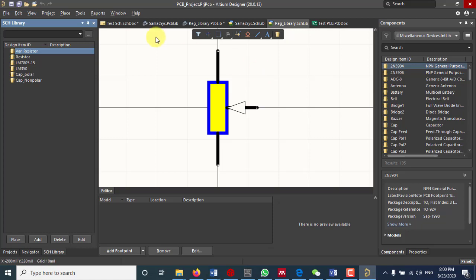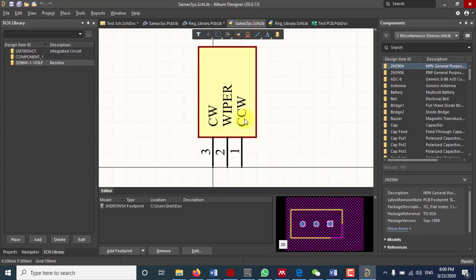So all I need to do is to figure out which of these is the variable one. Okay, so here is the one in the middle, that is pin number 2. We can use this guy and any one of these two, and by rotating that screw, you can change the resistance. So I'll keep the same